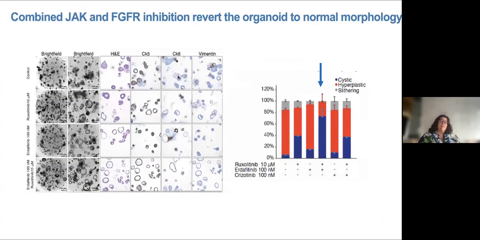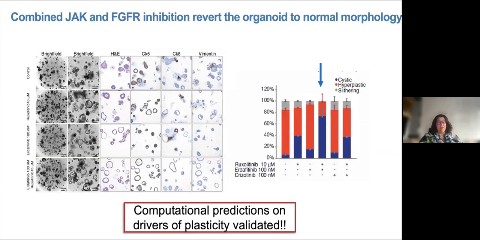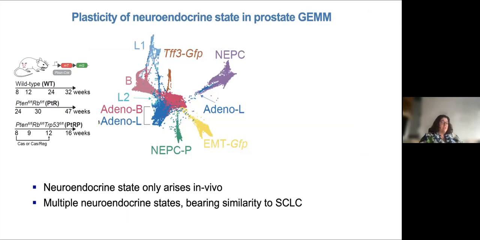And we saw that the inhibition of each of these and most effectively the combined one really reverted the organoid to normal. So again, we quantified whether it's cystic and nice looking or hyperplastic and ugly looking. And we saw that whether we inhibited either one pharmacologically, it had an effect, and we reverted to the cystic phenotype. And both of them had this enormously synergistic effect here, with 80% of the organoids reverting. And we saw the same thing also with both pharmacological and genetic CRISPR inhibition. And that really makes me feel good anytime computational predictions are validated.